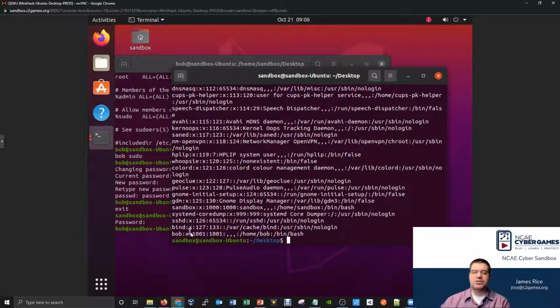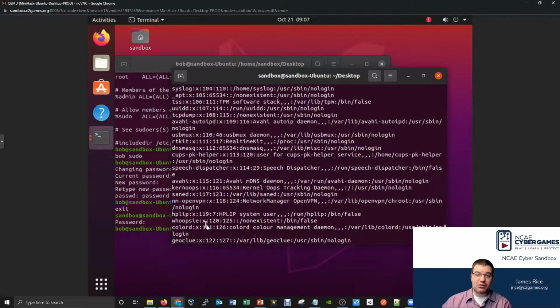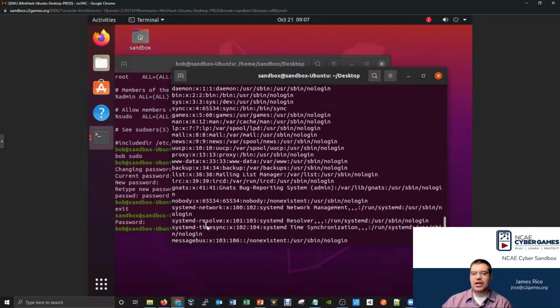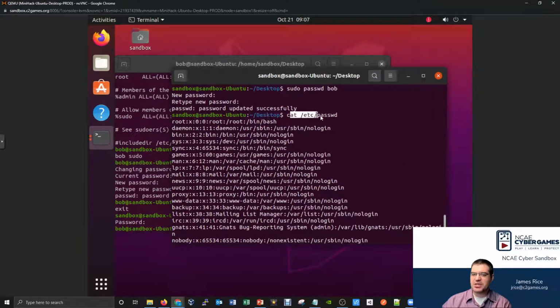When you scroll down to the bottom of the list, that's usually where some of the newer user-created accounts might be. So you can see here towards the bottom, we've got the sandbox user. At the very, very bottom, that's where I've got my Bob user. If you went and added some users, they'd probably start showing up here at the bottom of this file. But there are lots and lots of other user accounts that have been added, and that's what we can see here in the